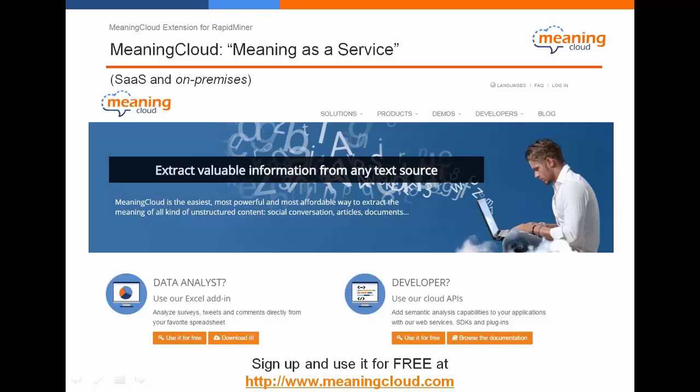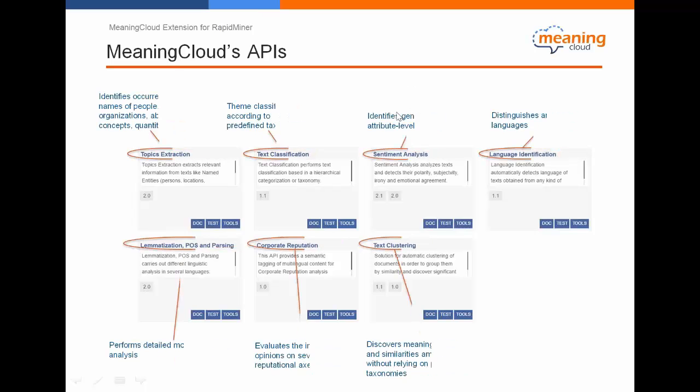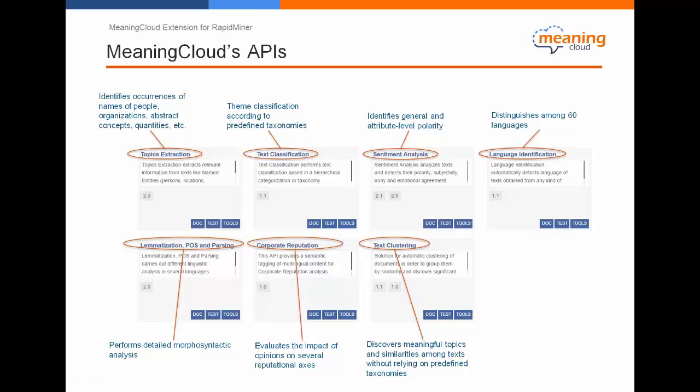And if you go to MeaningCloud and register, you essentially have access to these different APIs for different text analytics tasks. For example, you have topic extraction that essentially identifies occurrences of people, organizations, concepts, quantities, etc. You have text classification that makes theme categorization of text according to predefined taxonomies.